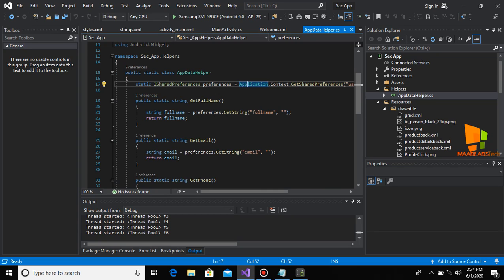So after this, just declare a string called full name, which will be equal to preferences get string, which will be having this full name, the one you used when you're applying. You say put string is the actual name that you're going to put here, which is the full name. Then the text, you don't actually know what is right there, so you just put blank quote. Then you will say return full name. It will actually return the full name. So when you say public static string get mail,